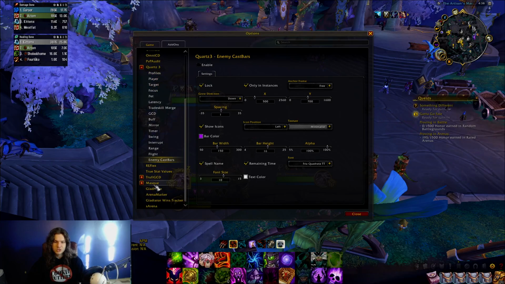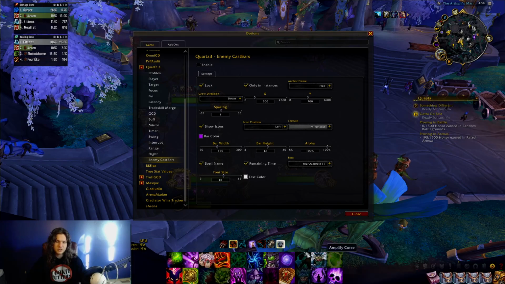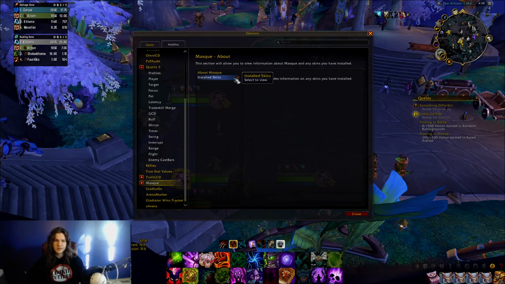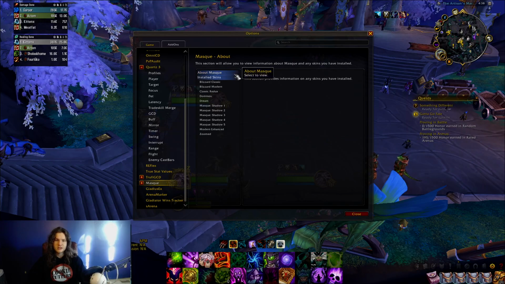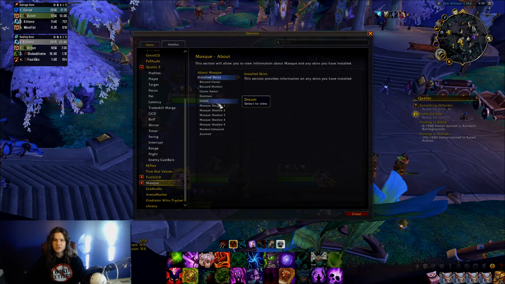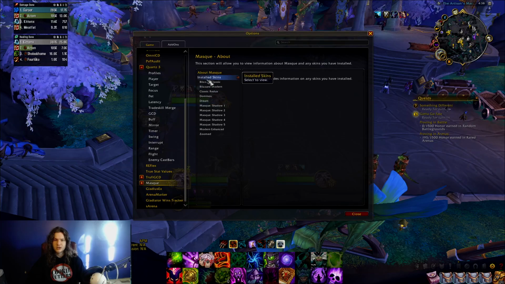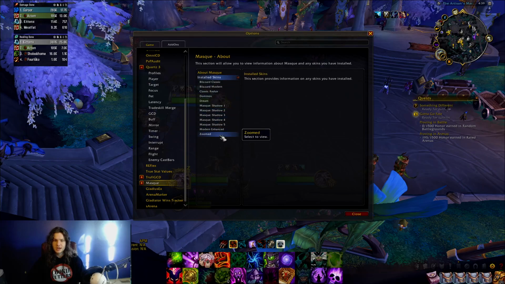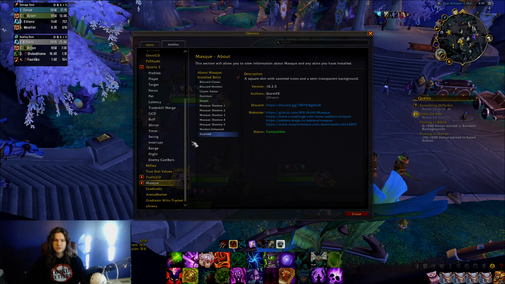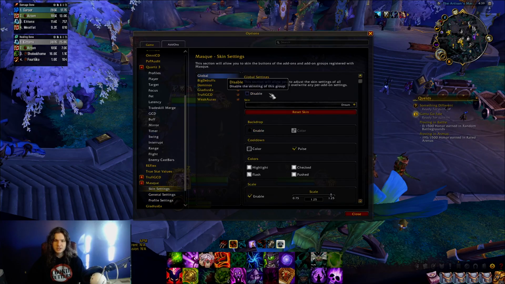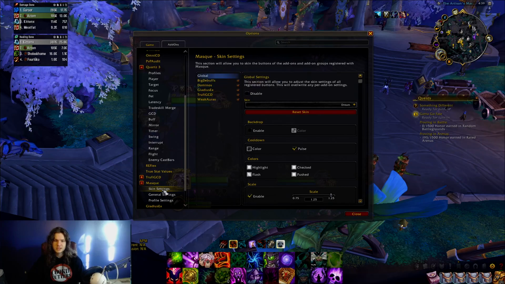And now when it comes to the way that my Dominos frames are zoomed, that is an artwork thing that you can easily download. It's Masque. Just download Masque and download some of their base fonts and texture packs on Curse. And then when you do that, you'll have all these different skins pre-downloaded, and then I just go to Zoomed. Everything that I use is Zoomed, and to change those skins is pretty simple. You just go Masque, skin settings,